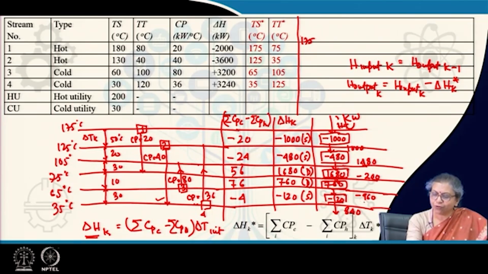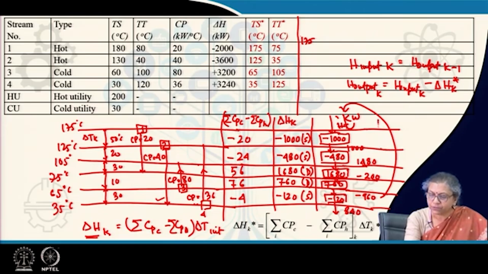In order to eliminate these negative heat flows, what do I have to do? I have to locate the maximum negative heat flow going down, and that I simply introduce on the top, right. So, what do